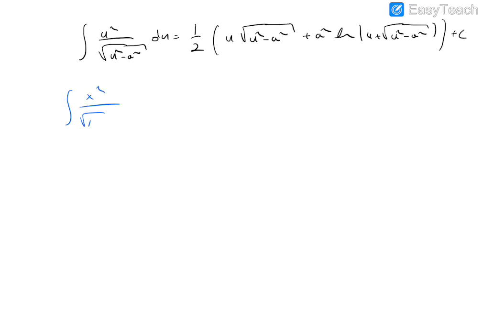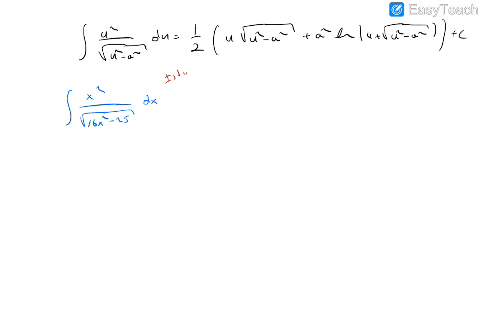x squared over the square root of 16x squared minus 25, dx. Maybe without using substitution, you can calculate it by taking 16 out as a common factor in the parentheses, etc. You can write it in that form by obtaining the constant term. This is correct, okay? This is one way.